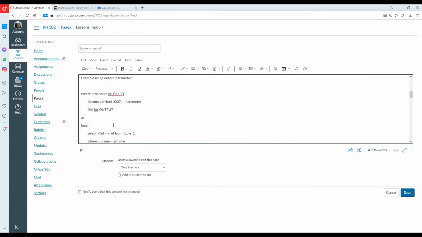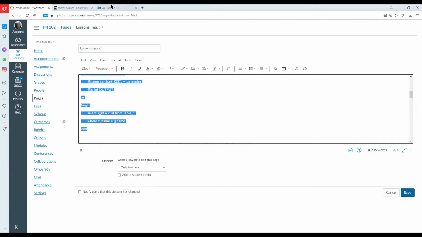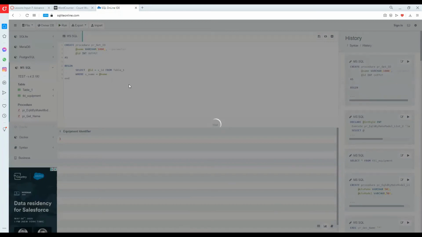So for example, we will get values from table_1. X name is equal to @name. Then we have ID, so we return the X ID from table one. So let us try to